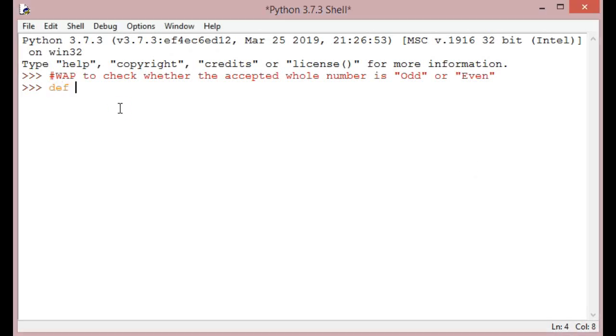So I have taken the function name as check_even_odd, and here I'll put a colon and then get inside the block. Now what we can see here is that check_even_odd is the name of the function, and the function contains the statements which I'm going to write, and that is the reason I'm putting them inside the indented block. Now I will write a equals int